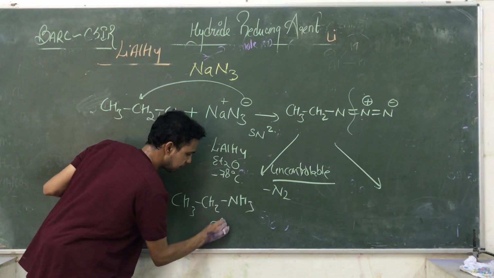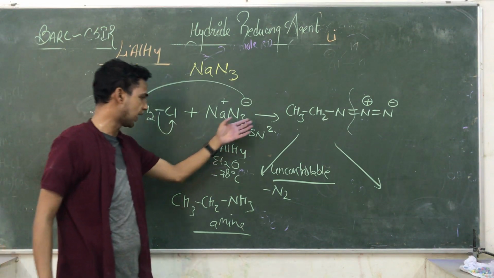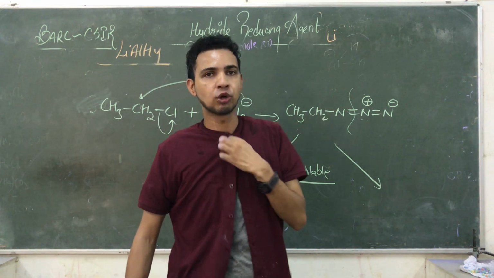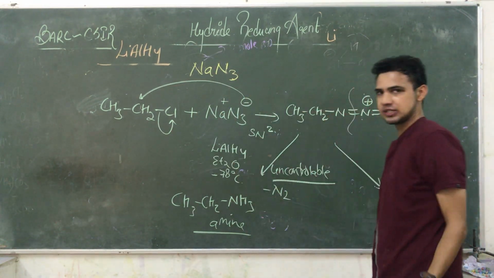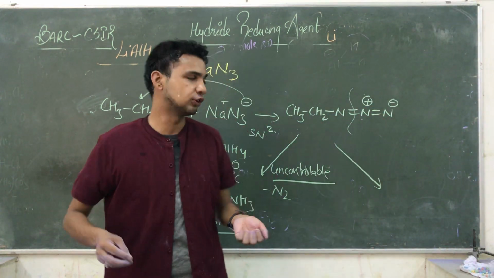You are getting amine. But guys, this reaction is uncontrollable. We are not able to handle certain kinds of reactions because they are liberating a large amount of heat. So, अब क्या करा जाए? We have only one choice, but there is another type of reagent that gives you a controllable reaction.